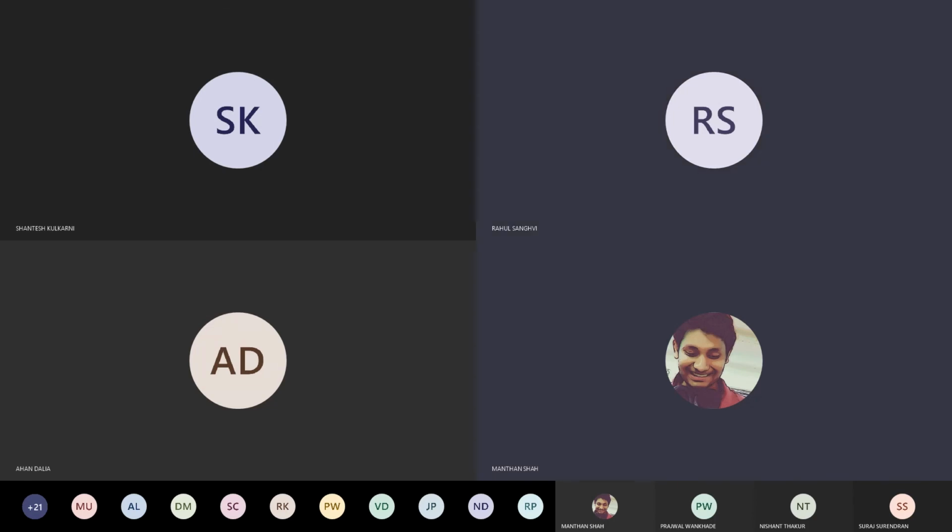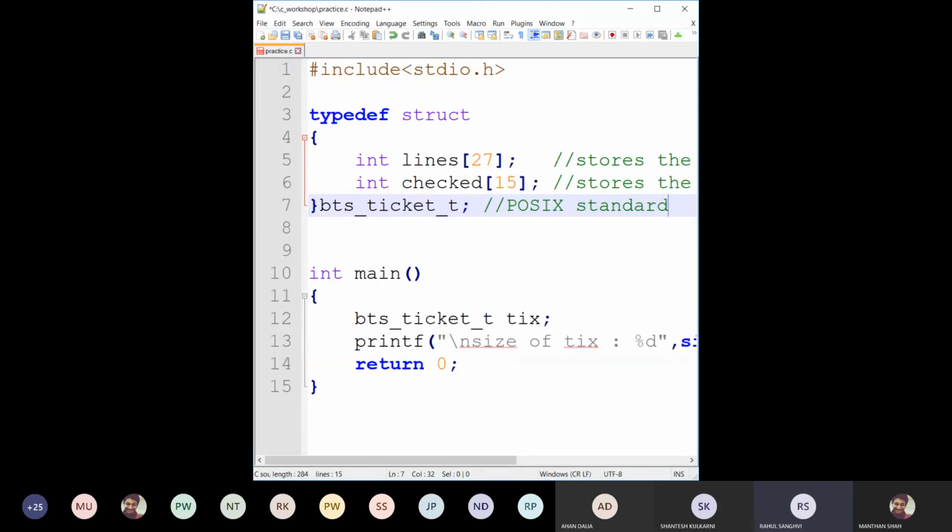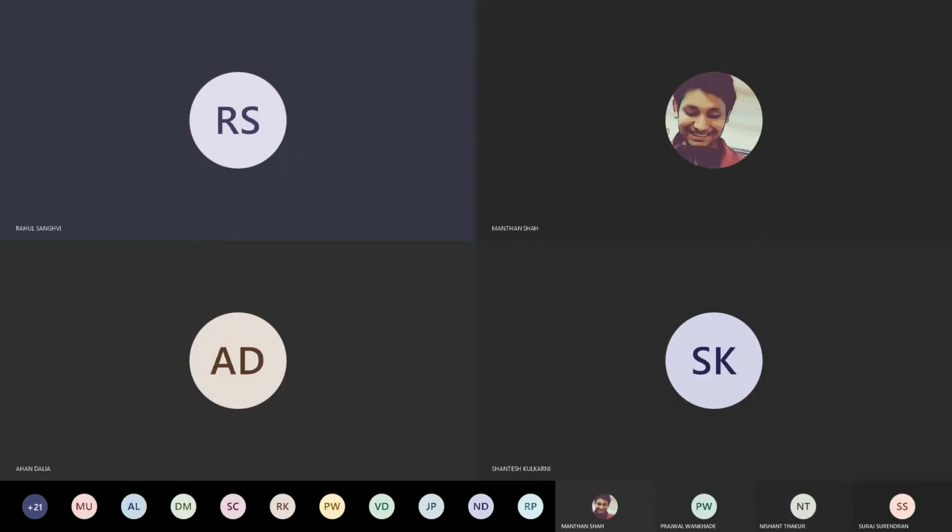All right. Yeah, Manthan, first of all, we can't see your screen. And secondly, I have posted a poll regarding how to make object code in GCC, like what is the command. So it seems like people are not sure about what is the command that we use in GCC to convert your C files into object code. So can you please just clarify?